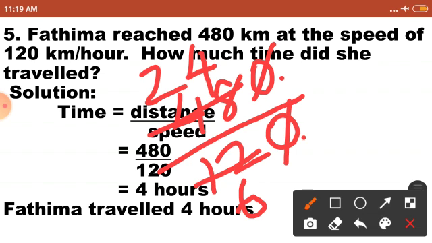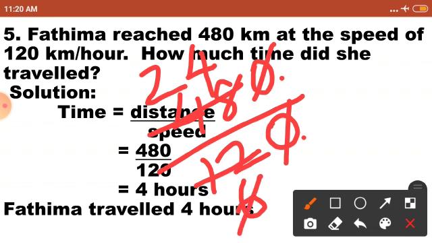Now see, numerator's place you got 24, denominator's place you got 6. If you know the sixth table very well, you can cancel like this. 6 1 is 6 and 6 4s are 24. Otherwise, if you don't know the sixth table also, you can do it. How to do this? Just see. This 24 is an even number, right? Likewise, this 6 is also an even number. So again, you can cancel these two numbers with 2.